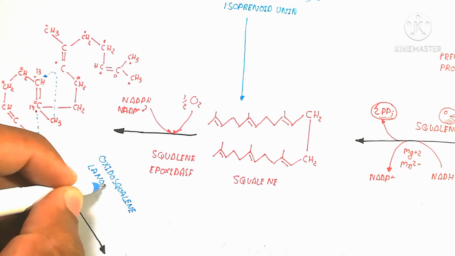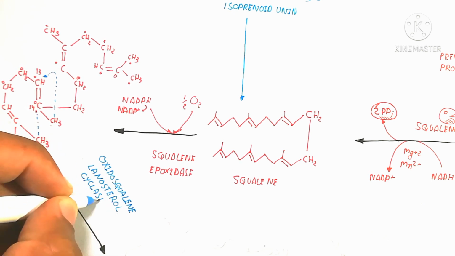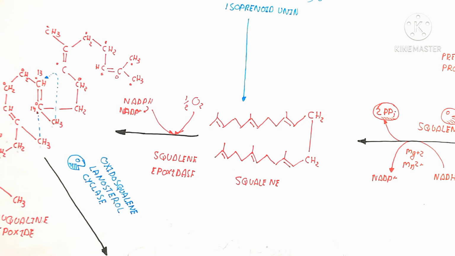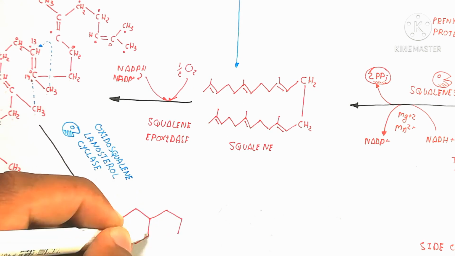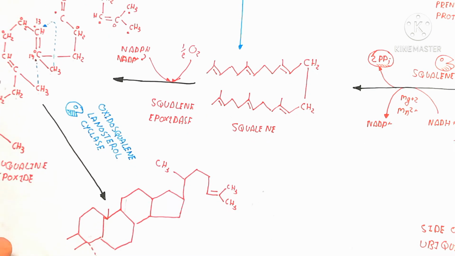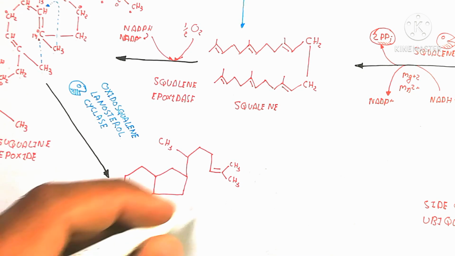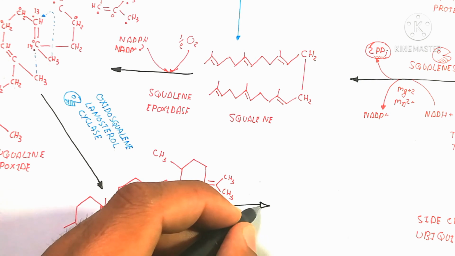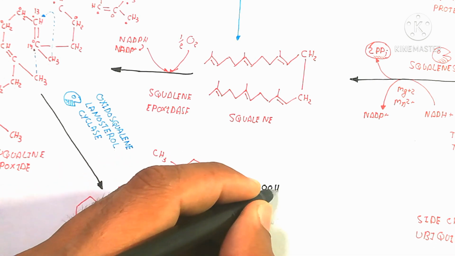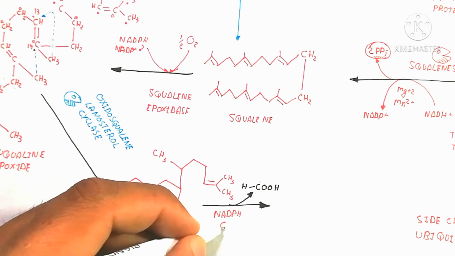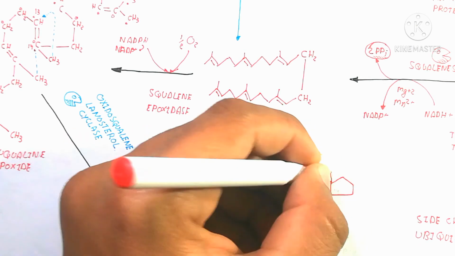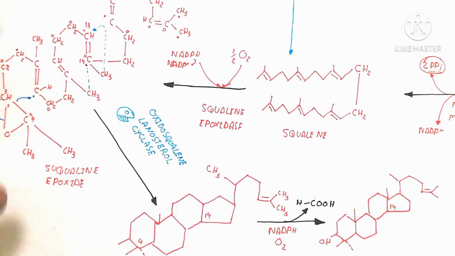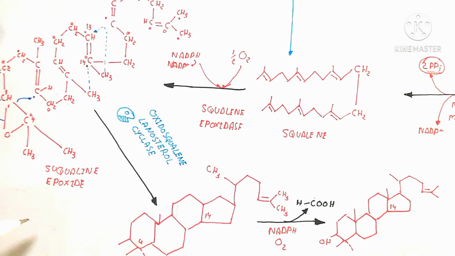So here the oxidosqualene lanosterol cyclase enzyme is used to produce lanosterol. That lanosterol is a ring formation, as carbon number 4 forms a ring by the action, and here the hydroxyl group will be attached, and carbon number 14 again goes to carbon number 13, and the chain is also changed. And after lanosterol, a carboxylic group will be released, and NADPH is used as well as more oxygen to produce 14